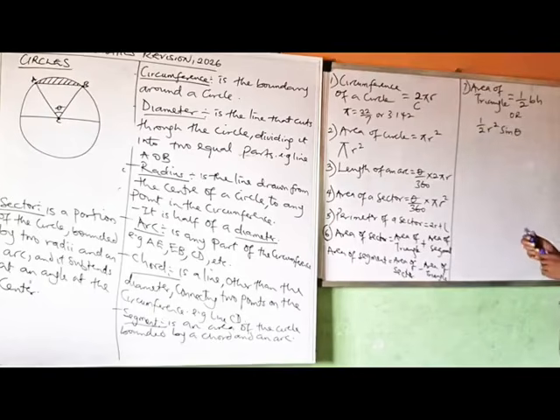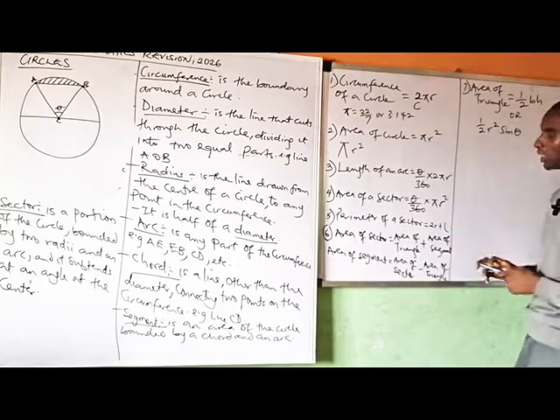Half r squared sine theta. So that's what you can do. Then let's talk about